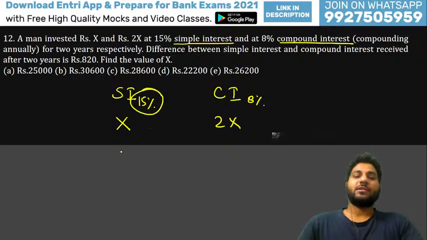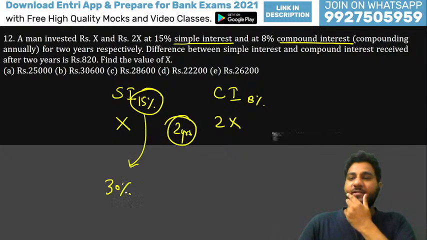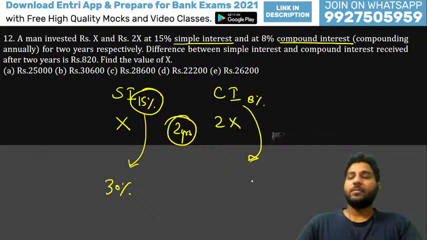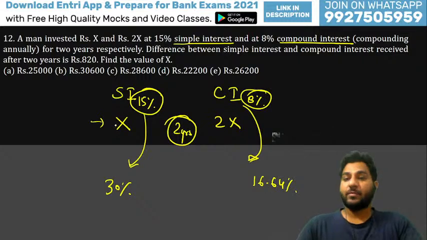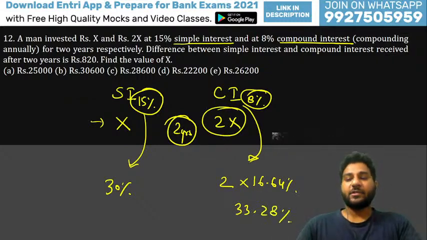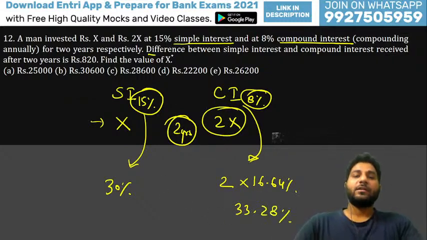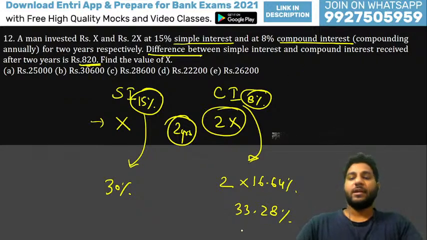After 2 years, this interest will become 30% of X. And here it will become 16.64% after 2 years if you take X as the principal, but if you take 2X as the principal, then it will become 33.28%. Okay, now the difference between the two interests has been given as 820, and it will make